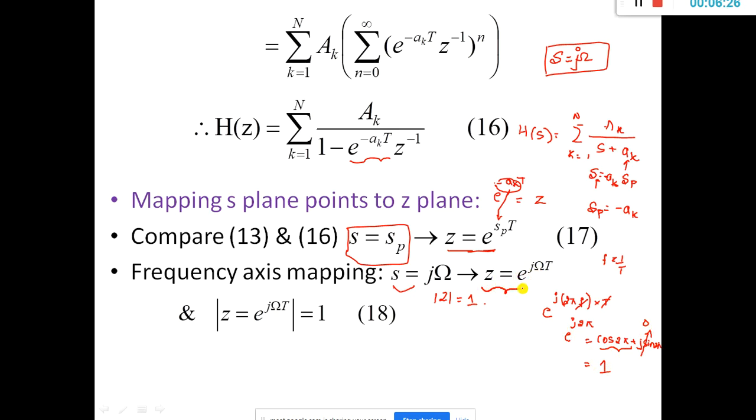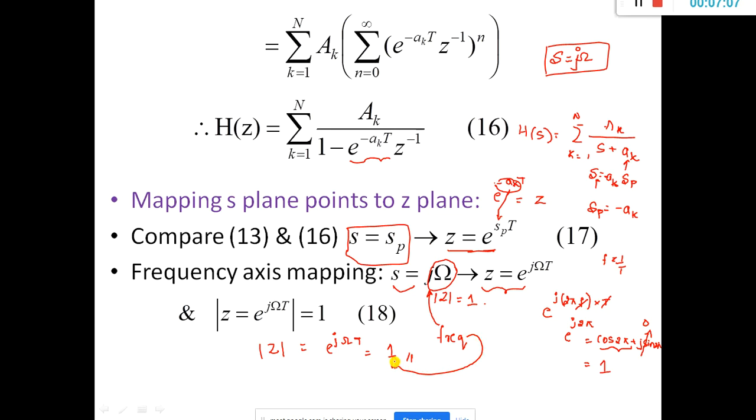Hence, if the mod of z is equal to e to the power of j omega, it is nothing but the value equal to 1. So this is the frequency axis mapping, which means that the entire frequency component of the S plane, which is omega. What is omega? Omega is nothing but a frequency component. The entire frequency component of omega will lie